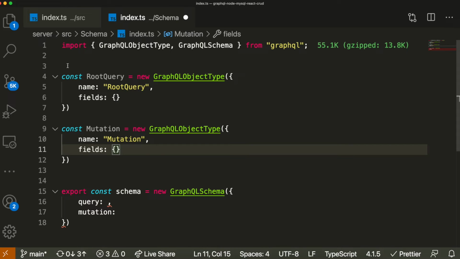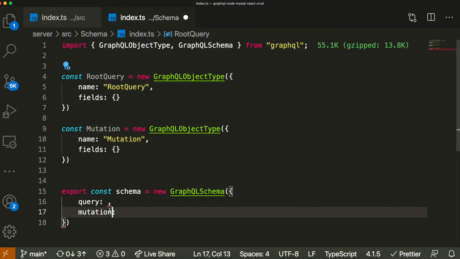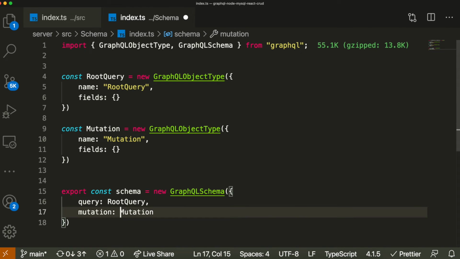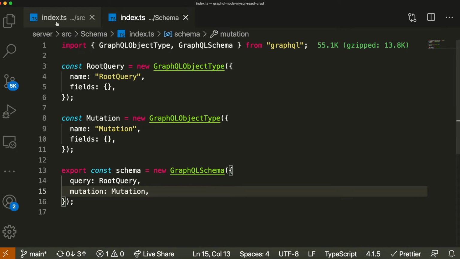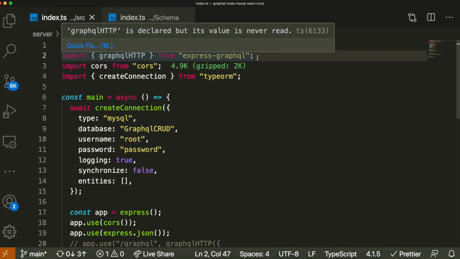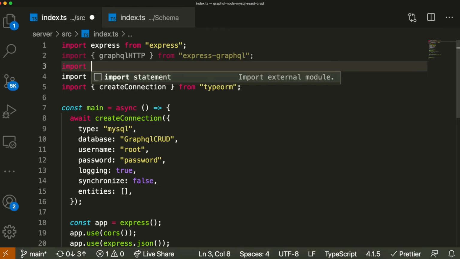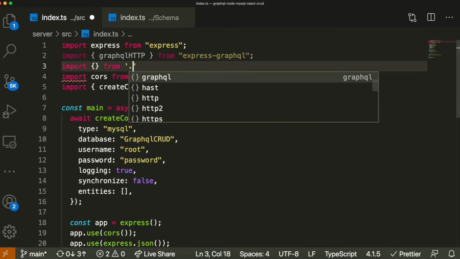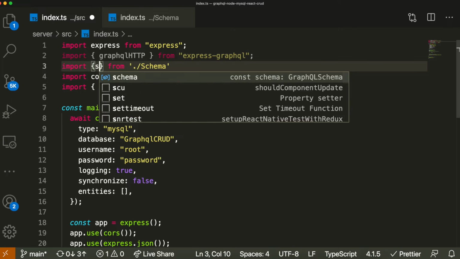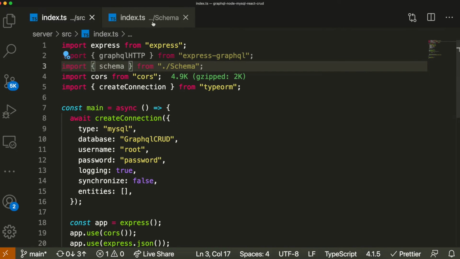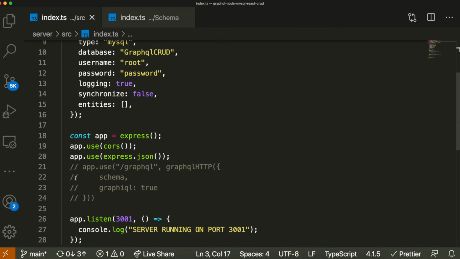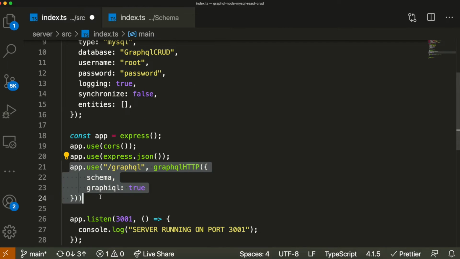So basically we'll just grab both of them and put them inside of our schema, and this should be it for our schema. Basically this was what we're going to be exporting, and now in the entry point of our application we can import this here at the top. Import from ./schema. We're going to import the variable schema, which comes from here. As you can see, we're exporting const schema, and now we can uncomment this and our GraphQL server should